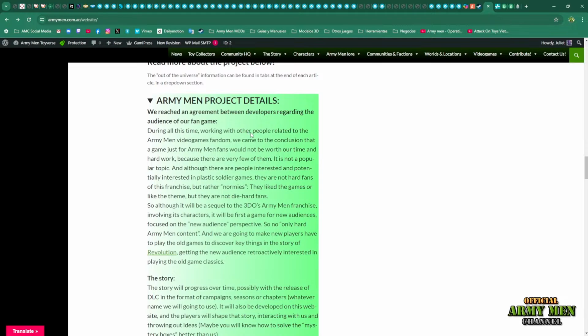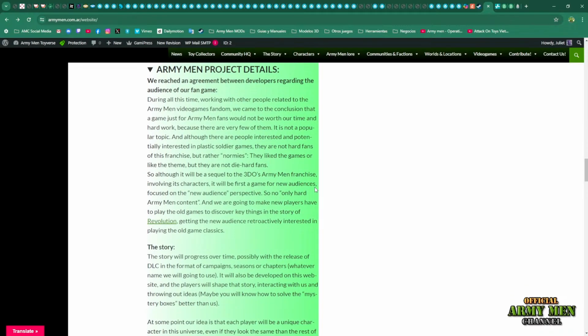During all this time working with other people related to the Army Men videogames fandom, we came to the conclusion that a game just for the Army Men fans will not be worth our time and hard work, because there are very few of them. It's not a popular topic, and although there are people very interested and potentially interested in Plastic Soldiers games, they are not hard fans of this particular franchise, but rather normies. They like the games or the theme about Plastic Soldiers and toys, but they are not Army Men franchise